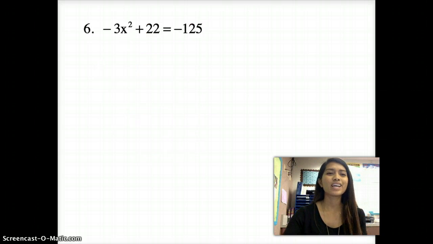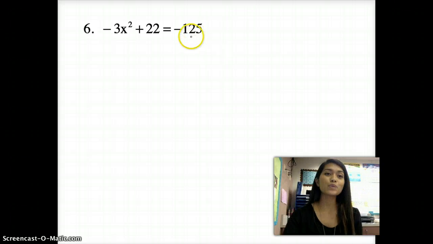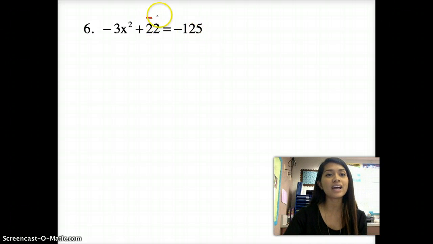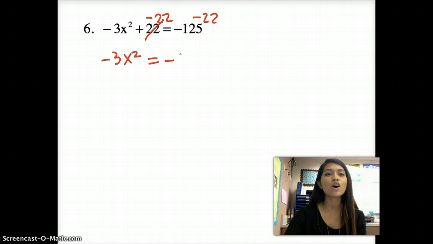Okay, moving on to our last example. We're almost done. Now here we have negative 3x squared plus 22 equals negative 125. What you first want to do is get rid of the constant. So I'm going to subtract 22 from both sides, leaving me with negative 3x squared. This cancels out, leaving me with negative